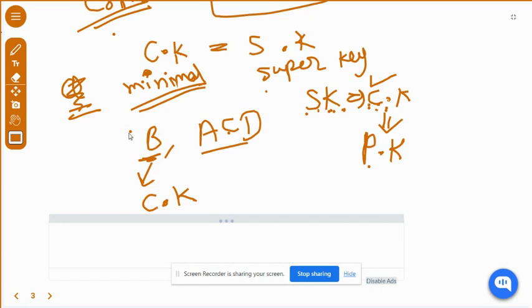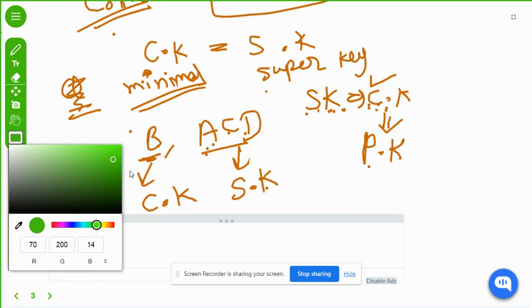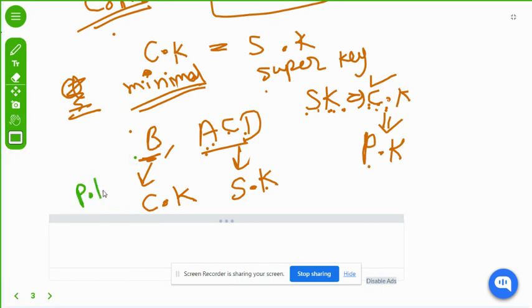It is also a candidate key because it has minimal attributes, and we can consider it as a super key because it has more attributes. Okay, and any candidate key can be a primary key. Okay, so we have B as a primary key,